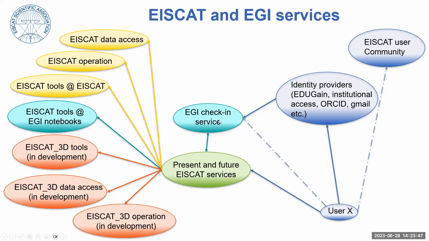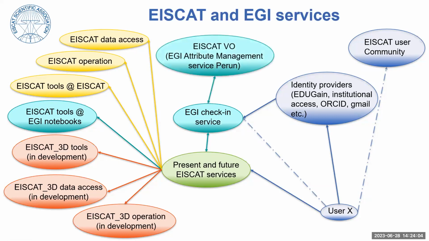But this just tells us who is accessing the service. There is nothing to tell us, okay, so I know who it is, but what can this user access and what not? And that's where the EGI attribute management service Perun comes in. So EISCAT has a virtual organization in this Perun system, where we ideally can organize our internal community,